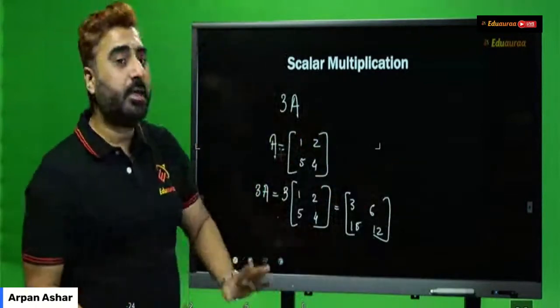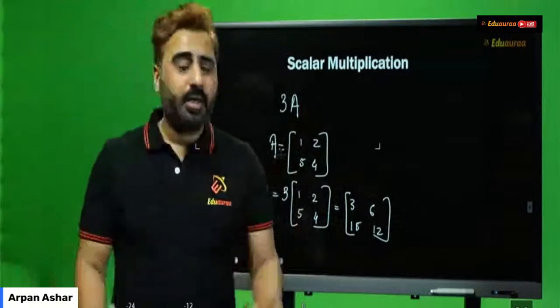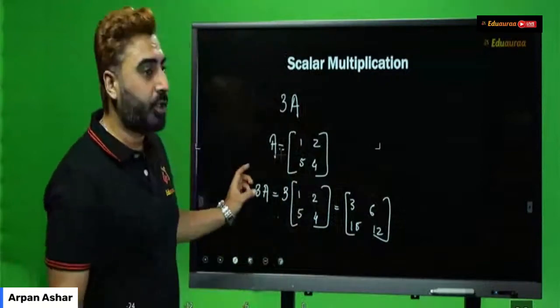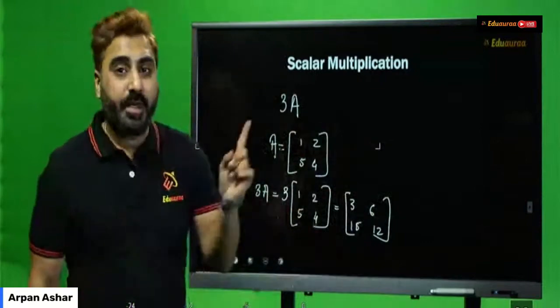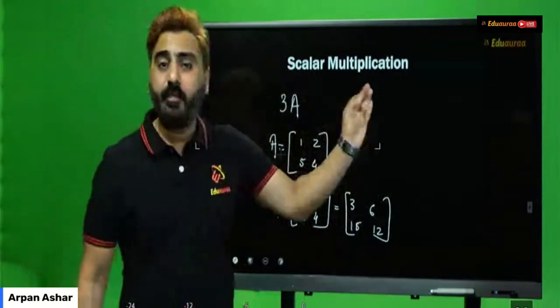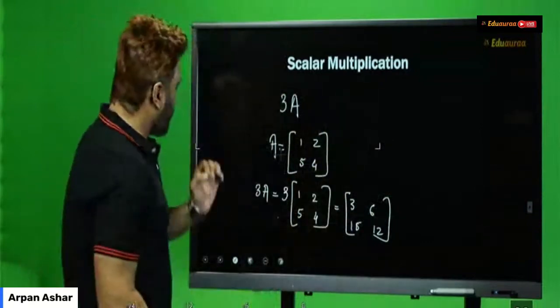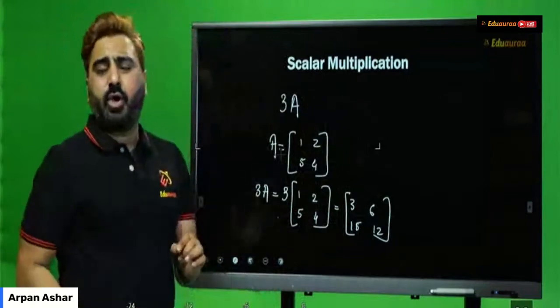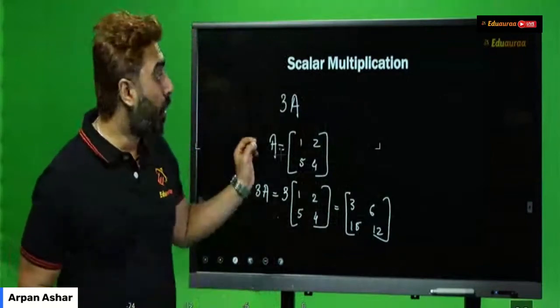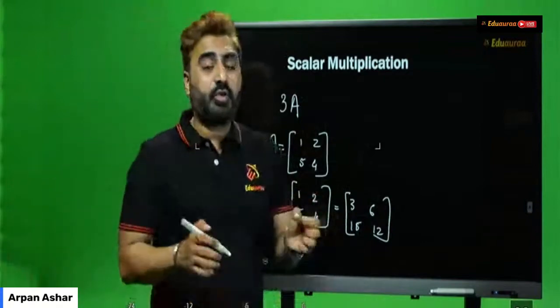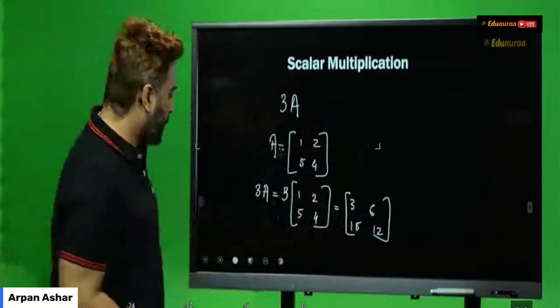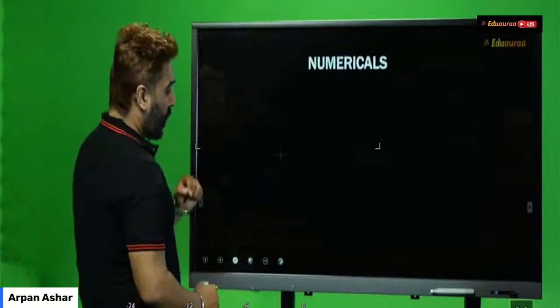So as I said earlier, the easiest part, क्या करना है? जो भी scalar होगा, जो भी constant होगा, matrix के अंदर multiply कर दो with all elements, and this is how we find scalar multiplication. So students, based on this, let's solve one sum on matrix multiplication so that you can become strong in finding the multiplication part. And the question is,